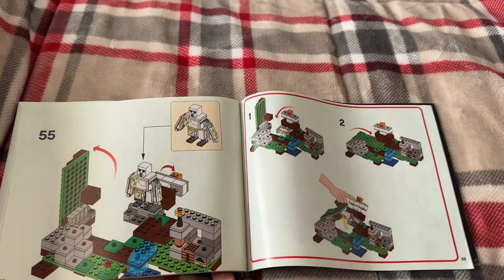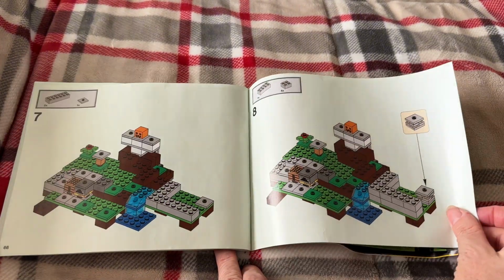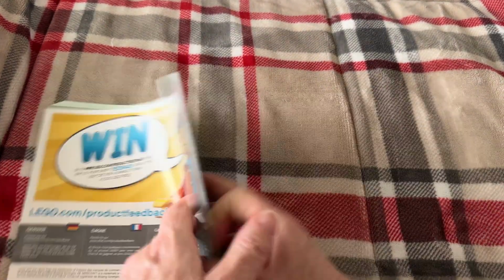As you flip through the instructions, you'll see the step-by-step guide on how to mine iron ore with Alex's diamond pickaxe. Smelt it in the furnace using the crafting table to create iron blocks, and then bring the iron golem to